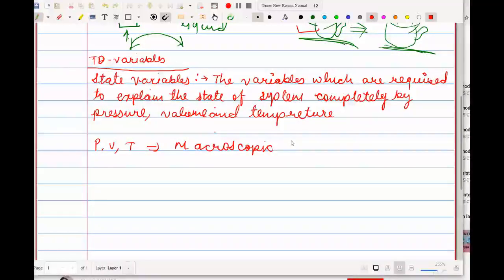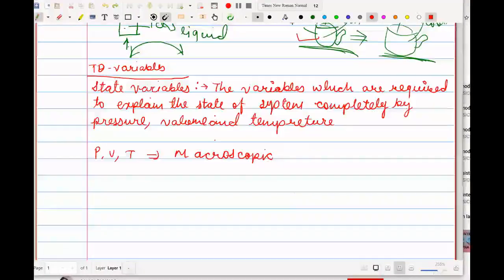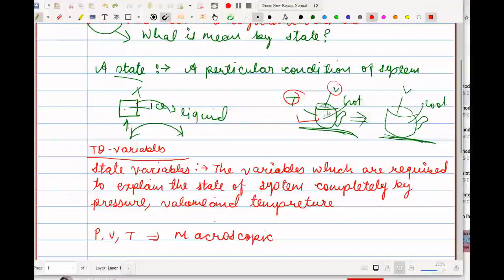These are microscopic parameters. Okay, so you got what is meant by state variables. You need to explain this system using these parameters. If you need to explain this cup of coffee